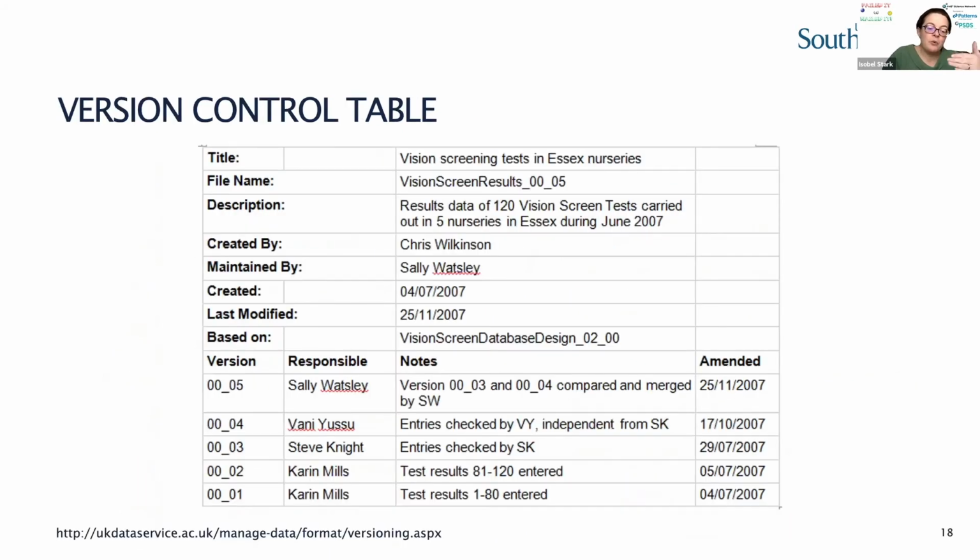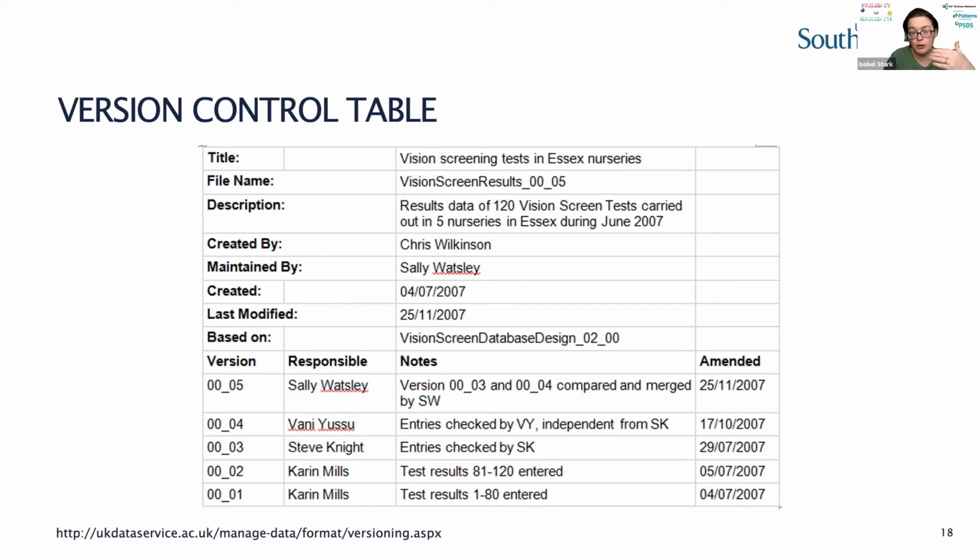Now, another way of keeping on top of what's in a file is to use a version control table. Now, this might not be something that you've come across before. It tends to be used more in parts of health research. It's used a lot in kind of ethics, social sciencey type stuff. Might be very useful if there are some files that a group of you are working on. So it's not yours yourself, it's something that is common to lots of people.